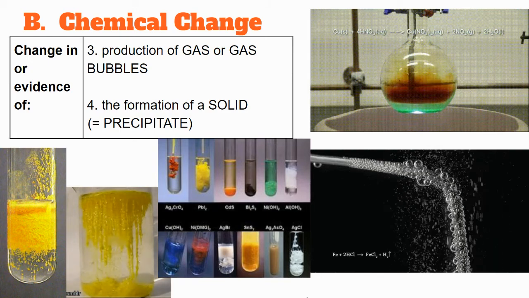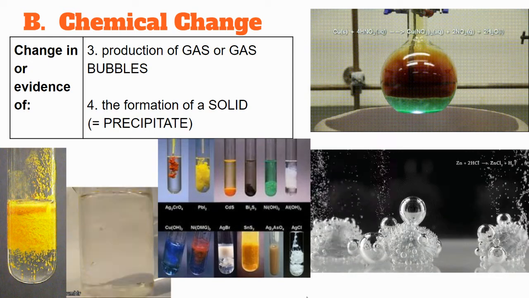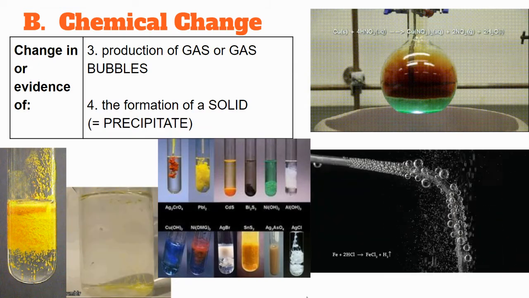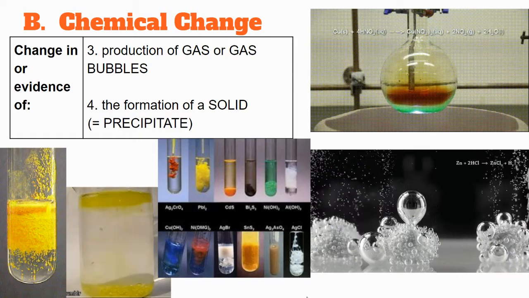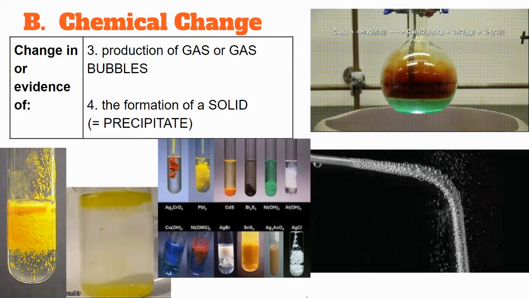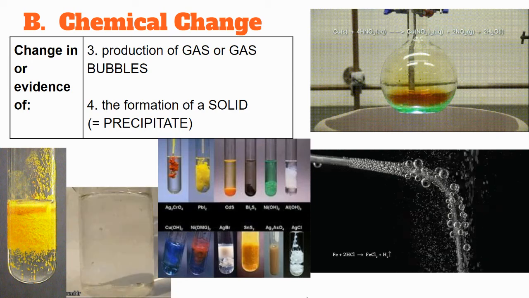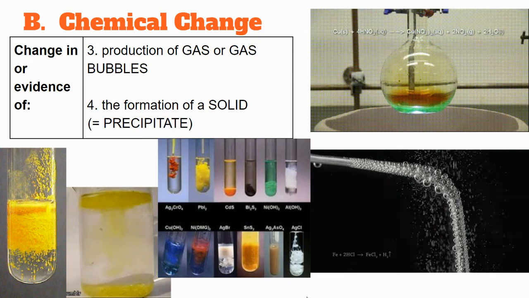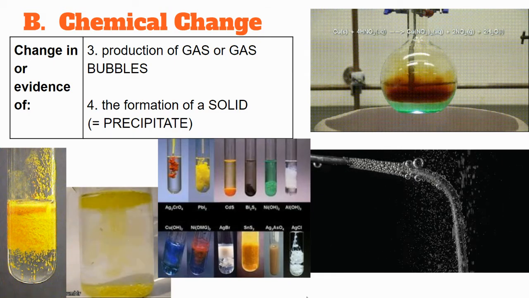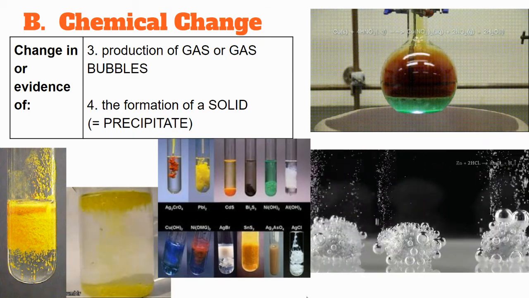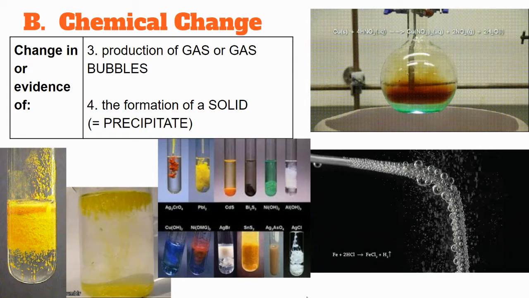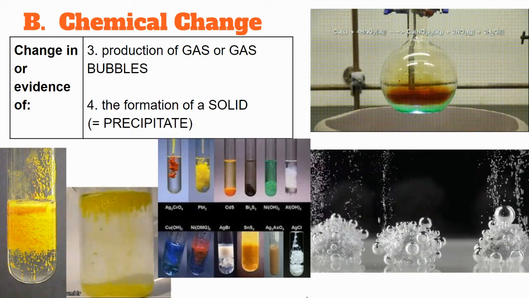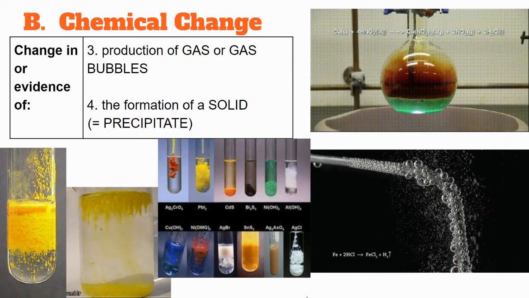The other thing that we can have is the formation of a solid. When we mix together two solutions, we can get a solid formed, and we call that a precipitate. A precipitate is solid particles that will settle out to the bottom of our solution. We can see a couple of examples. On the far left, we have a precipitate of lead iodide. It's actually the same thing in the little GIF that we have there. You just get a different look. It's a little more crystalline looking in that one.